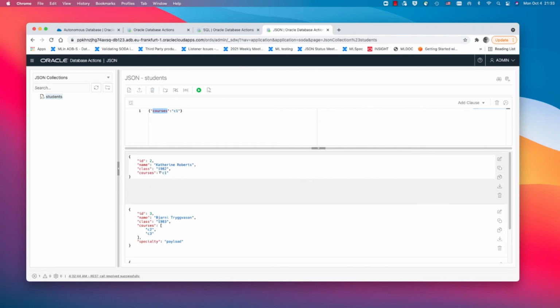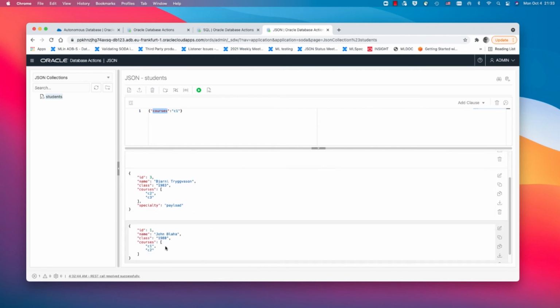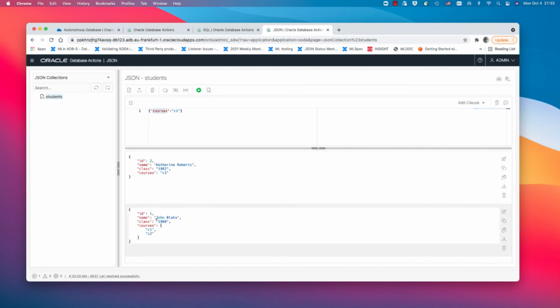So we would probably see this value back as well as this one and not this one here. Let's just quickly run this query. And you see that C1 got matched here as a scalar value, and here C1 got matched because it's a scalar value inside an array. So if you have an array of values, then these QBE expressions get matched against all the items in the array, and if one matches, it returns. So this is one example.